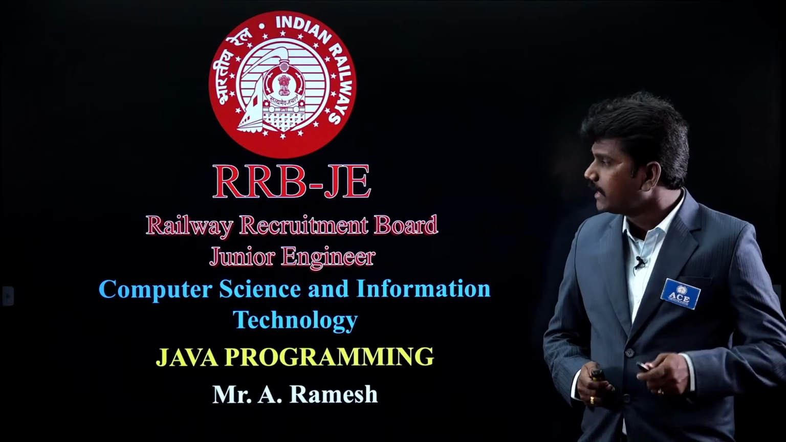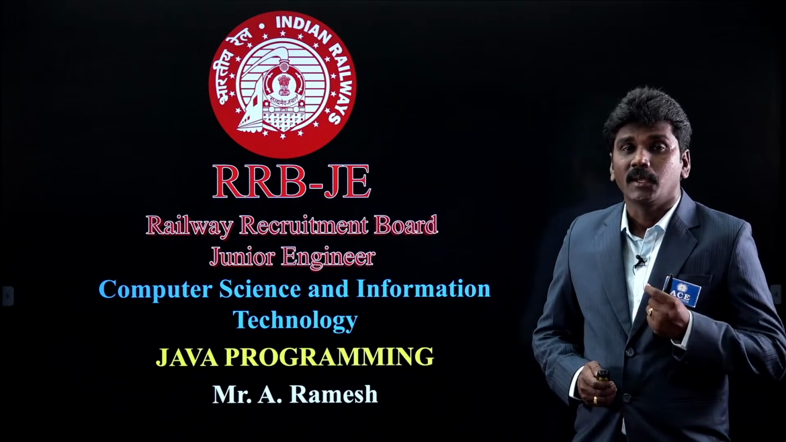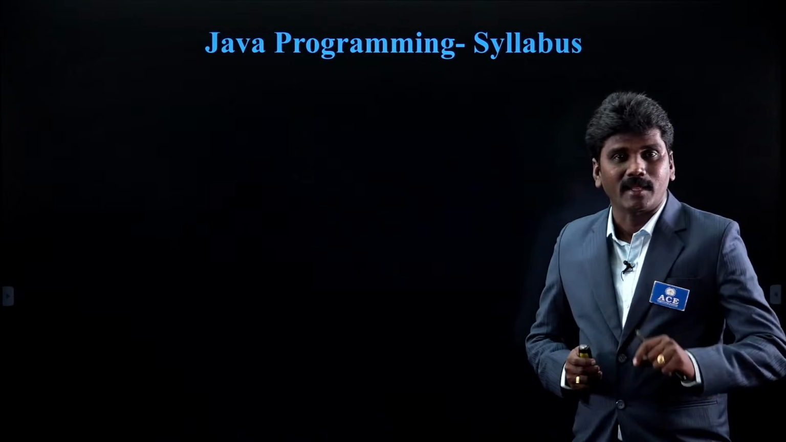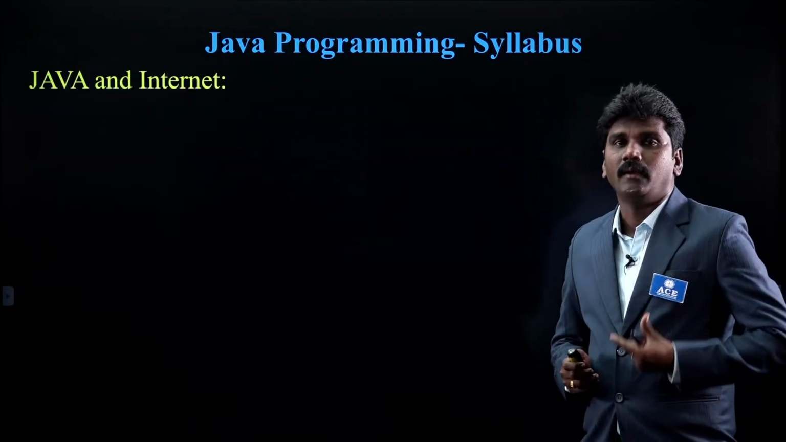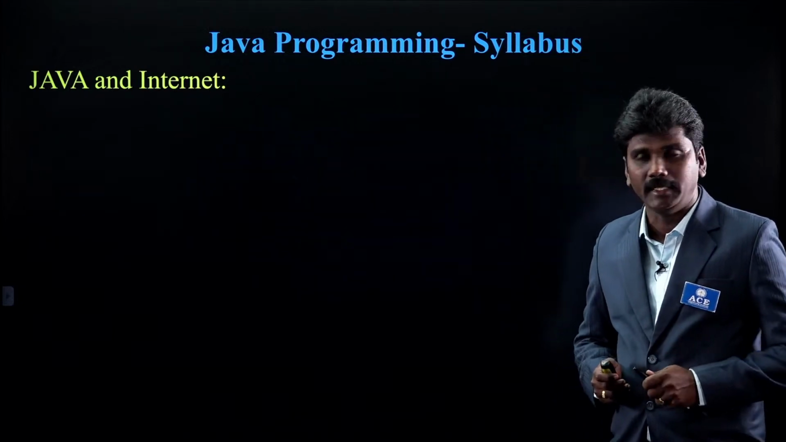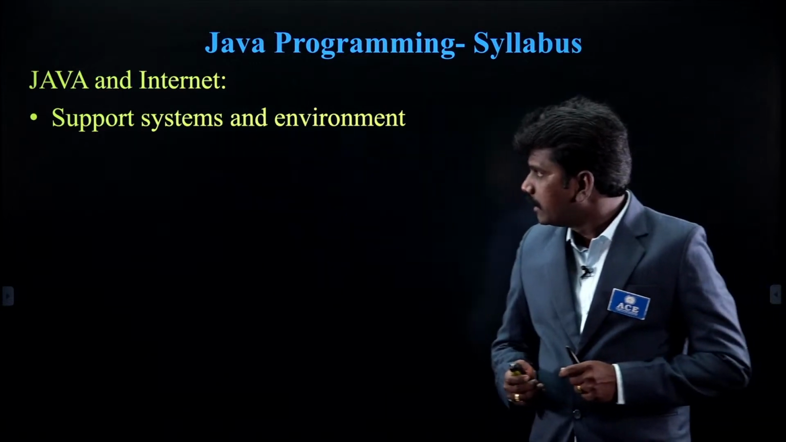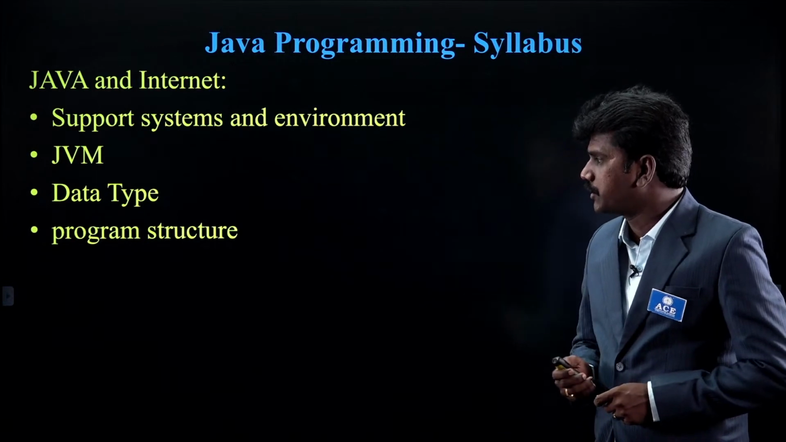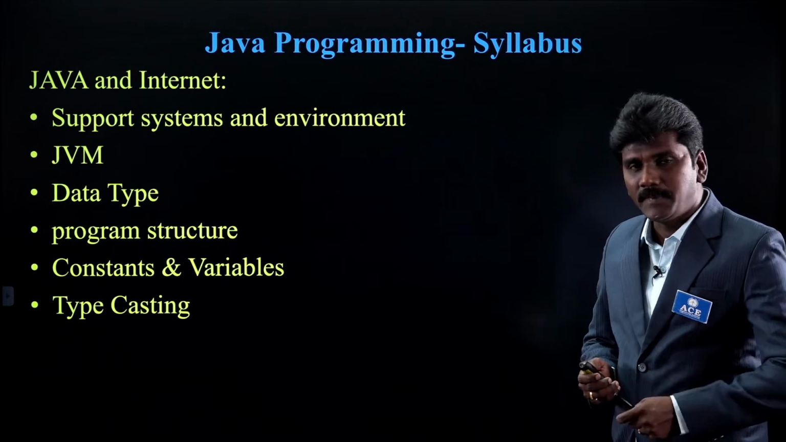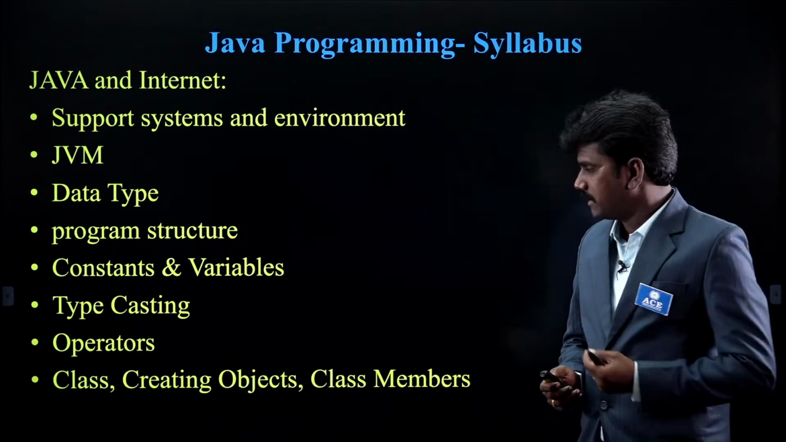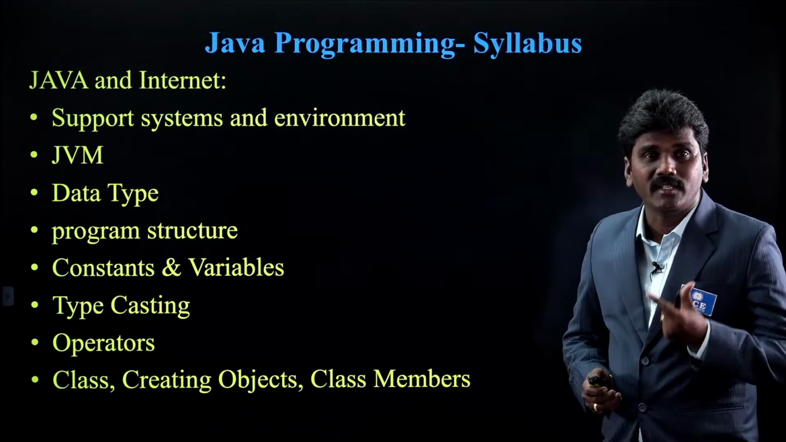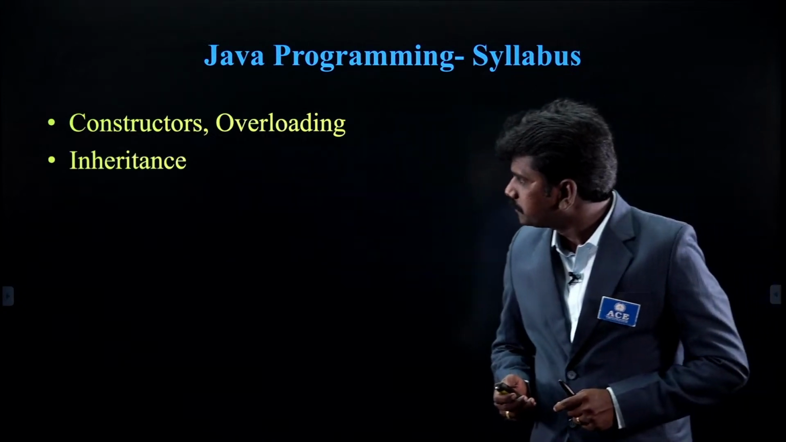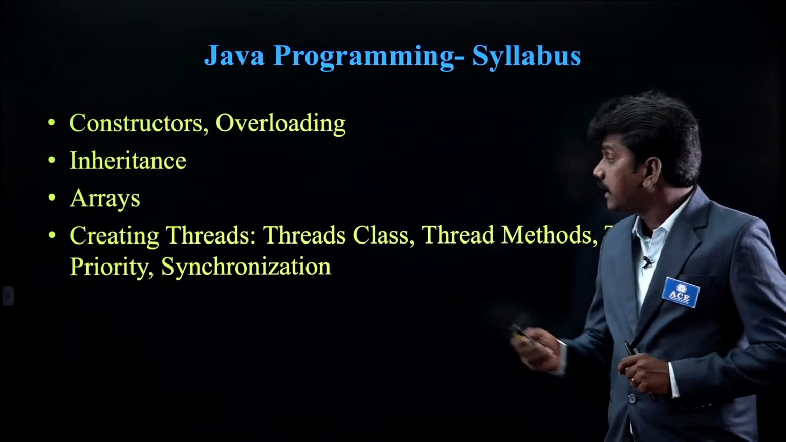Before going to see the concept, let us see the prescribed syllabus for RRB JE Computer Science and Information Technology aspirants. First one, Java programming related to the RRB JE syllabus. The first one covers Java and Internet. The first concept here is the support system and environment. Second is data types, program structures, constants and variables, typecasting, operators, class, how to create objects, the class members, and also constructors, overloading, inheritance, arrays, and creating threads,